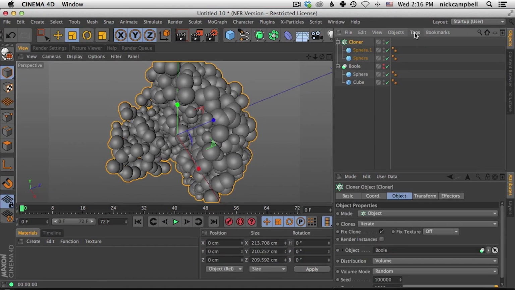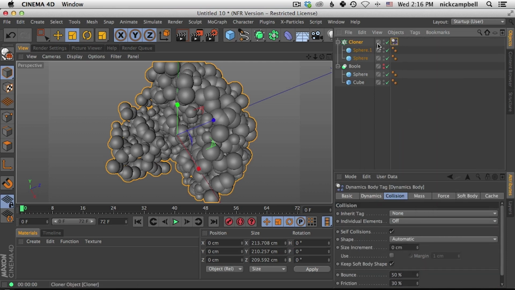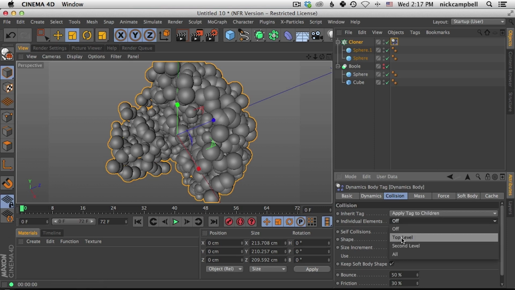Let's select our cloner, go to tags, simulation tags, go to rigid body, and we have to tell this to not make the whole system a rigid body, which basically connects everything together into one object. We want to tell this clone to put it on each individual sphere. The way we do that is we say inherit tag to children, apply tag to children, and then we say individual elements, top level. That's just like the first level in here. So now if we